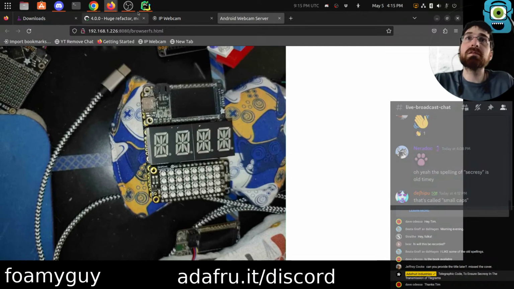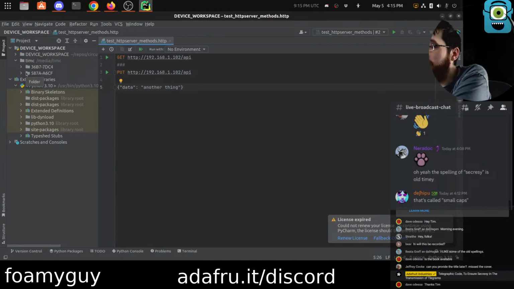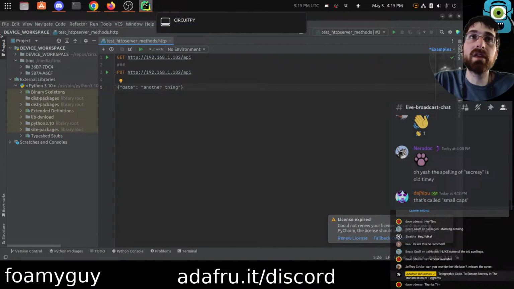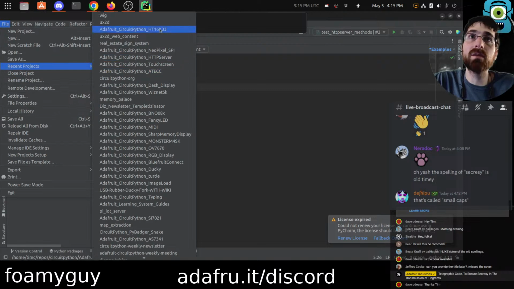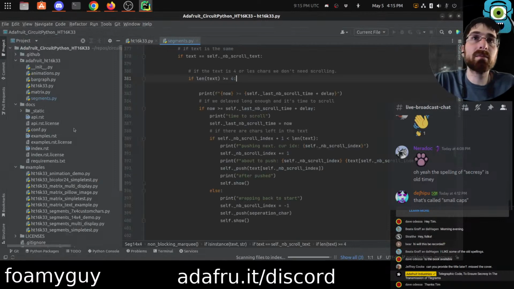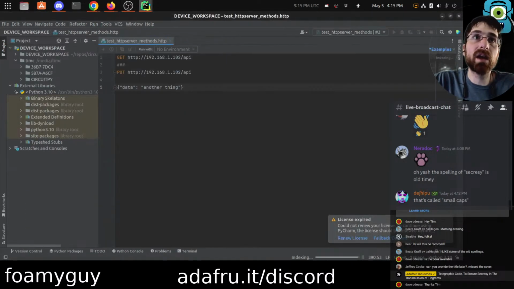As part of that process, I will need to make a PR. I mean, I wouldn't need to make a PR, but we're going to be making a PR to the HT16K, I don't know the right number, the library that drives the 14 segments. I have some changes for that library in order to support the non-blocking marquee scrolling of text. And I will show you what I mean by that once we get on our device and go back to,